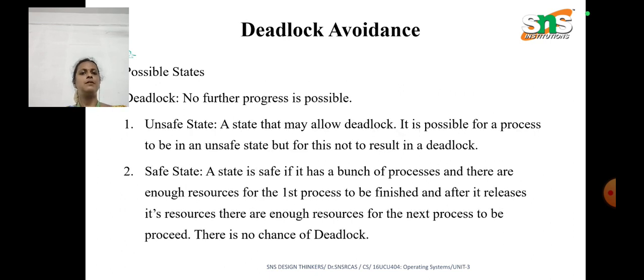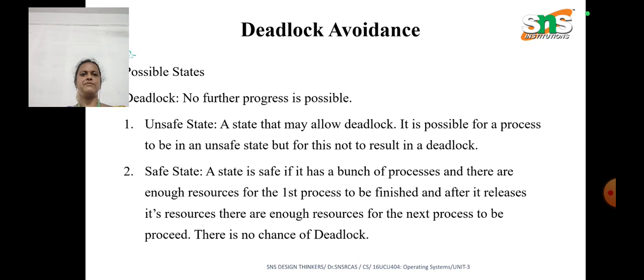So what are the possible states? No further progress is possible. That is an unsafe state. In an unsafe state, a state that may allow deadlock. It is possible for a process to be in an unsafe state, but for this not to result in a